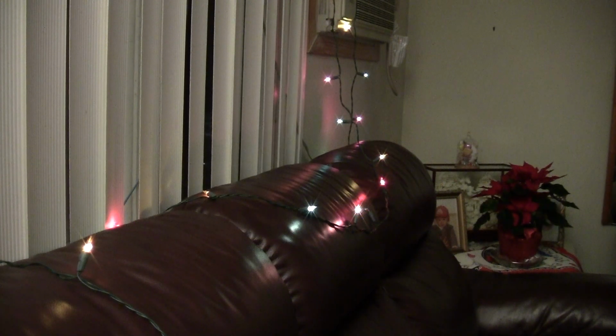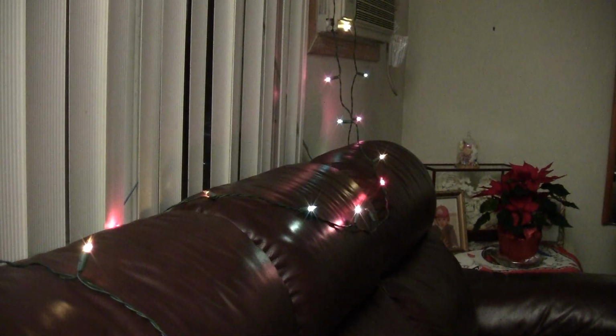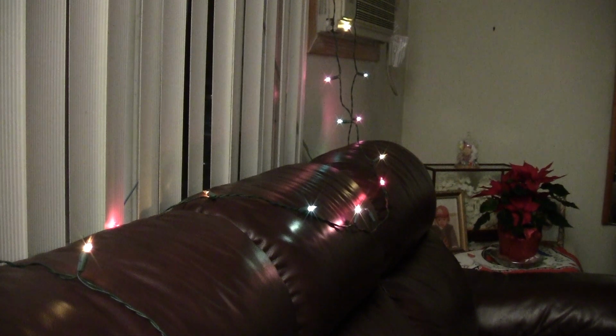Okay, here's something that you can try if your Christmas lights don't blink or they don't light up. I have one string here, and one or two of my bulbs are broken, but they still work because there's a shunt inside the bulb, and it will work as long as the shunt is